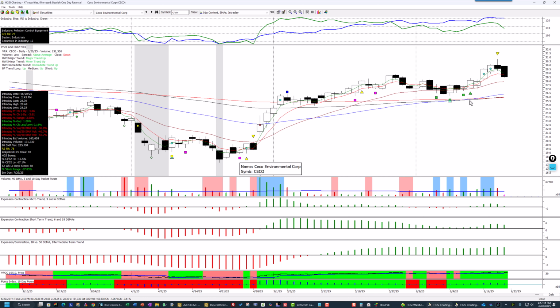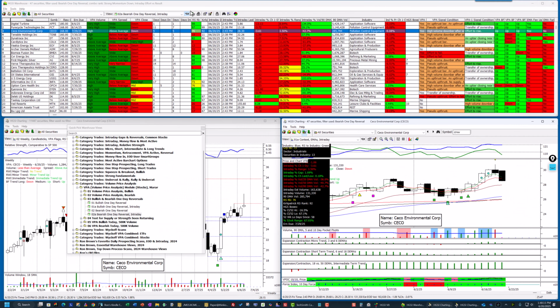This looked like it was off and running, but then it got hit yesterday, and it's pulling back a little bit. But look how low the volume is today. It was pretty heavy volume yesterday on this spinning top, but today the volume's really low. This stock next week may have a chance to go higher because it certainly looks strong until this 2-day reversal. Okay, now I'm going to move on